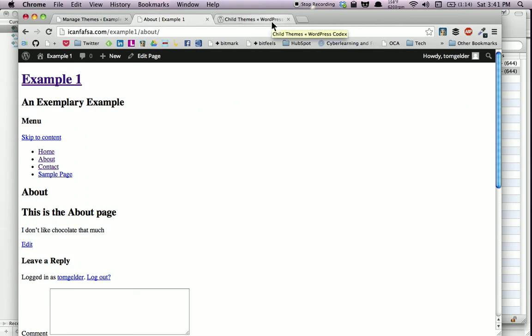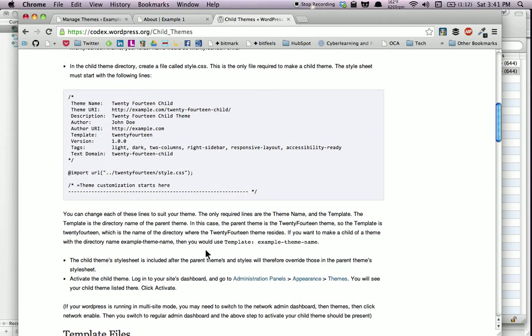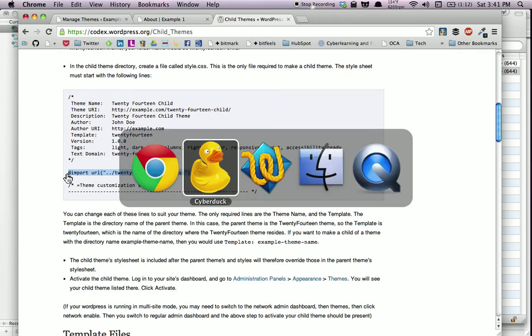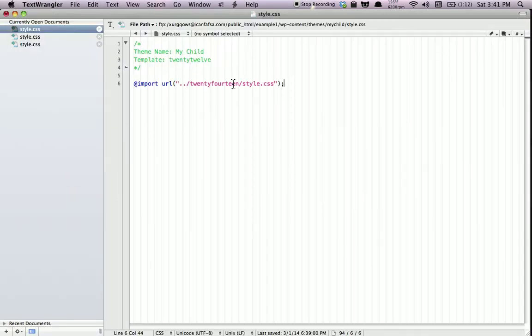So we need to import the original style rules from the 2012 theme. So let's go back to the documentation. And there it is right there. This is the first line of code that you need to have in your child theme's style sheet. Now we're not using 2014, we're using 2012. So at import URL, and then the value of this thing is going to be